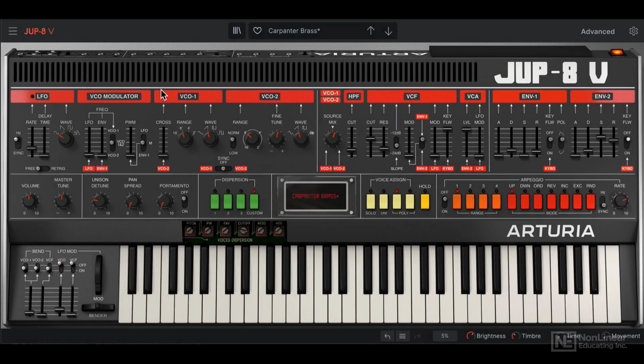So the Jup-8 has a fairly simple layout. You can see here we have this entire section which constitutes the oscillator section. We have the two voltage control oscillators, the voltage control oscillator modulator section, and the low frequency oscillator. Now we don't get to hear the low frequency oscillator as it's a modulator, but this entire section is treated